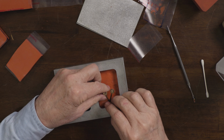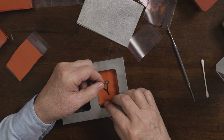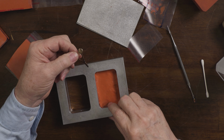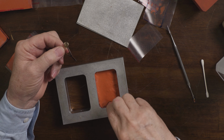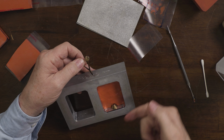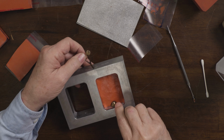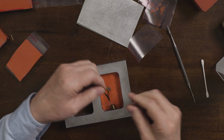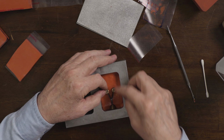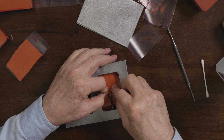So let's put the sprue former in against the side in the center this way. I'm going to press it down. I want it to kind of be in the center this way as well. Push it down a little bit. And then this master, I'll put it in the hole, push it in,